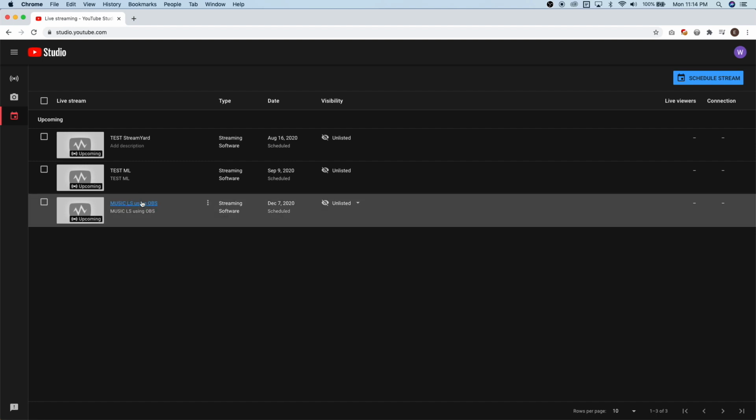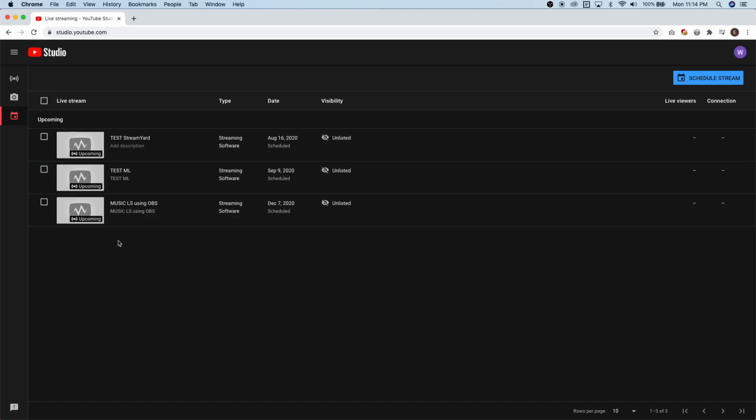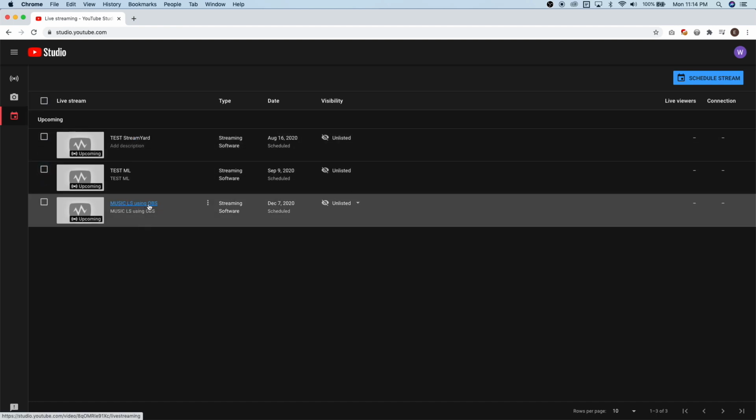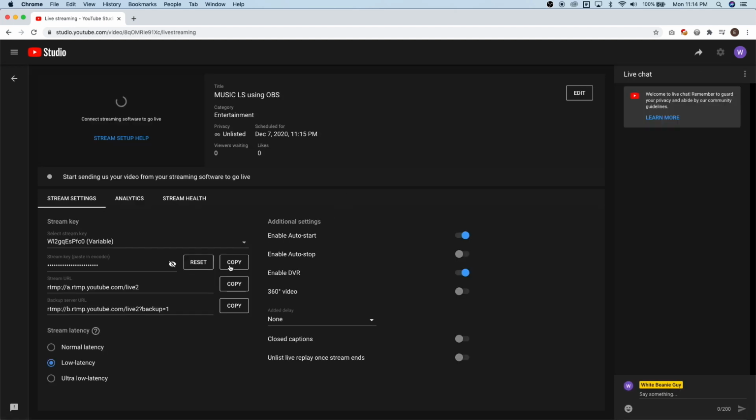Oh no, it's not that one. Let's just delete these two to avoid confusion. No, I'm not going to delete that. Let's just open Music LS using OBS here. Okay, there are a lot of buttons here. You can disable the auto start here. You can enable auto stop. That's why previously when we clicked start streaming, it went live immediately. Let's try to set this off,